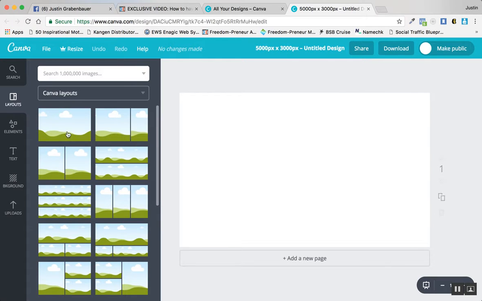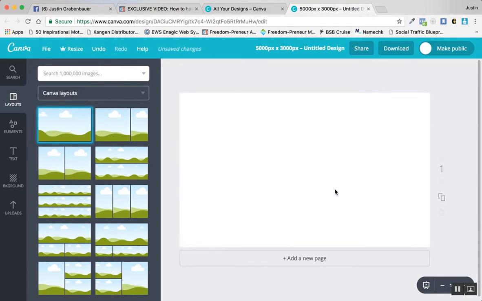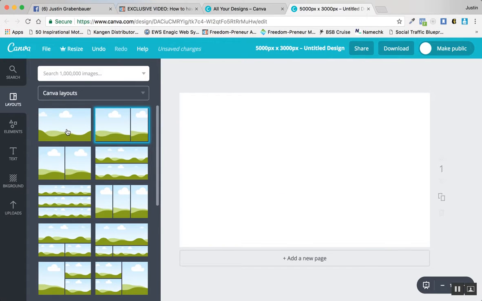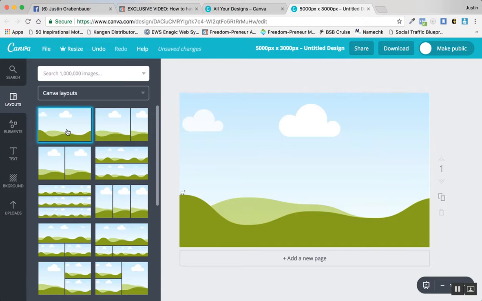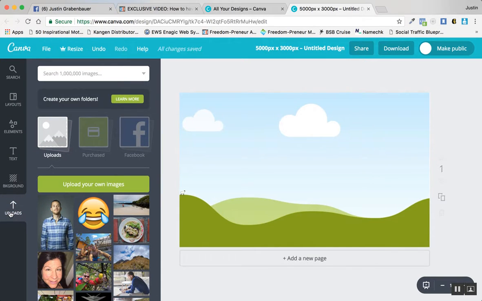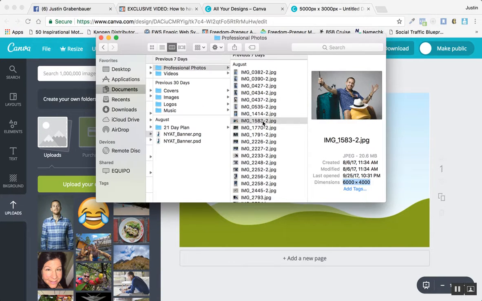So you can drag these layouts depending upon what you'd like to have the images set to. If you want a collage, or if you just want a single image, it doesn't matter. You can just click on them, it'll bring it over there. I'm just going to do a single image, so I'll click on this here. Now I'm going to go to uploads. So I'm going to want to upload the image that I just showed you. So all I have to do is find the image right here and drag it over